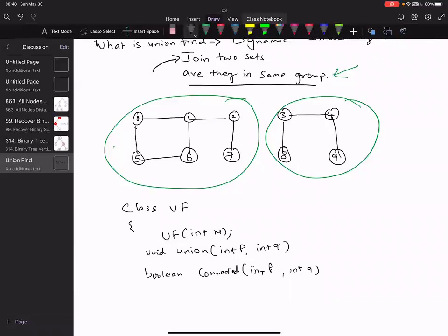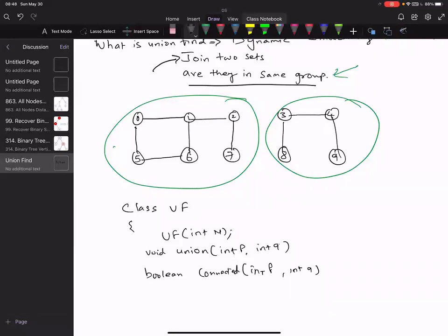When I say that 5 and 7 are connected using union find, I can't say how they are connected, basically what path it takes. It may take 5 to 0 to 1 to 2 to 7, but I don't know that path. But in a graph, if I use DFS, I can exactly say that 7 is connected through 5, 0, 1, 2, and 7. That is one thing.